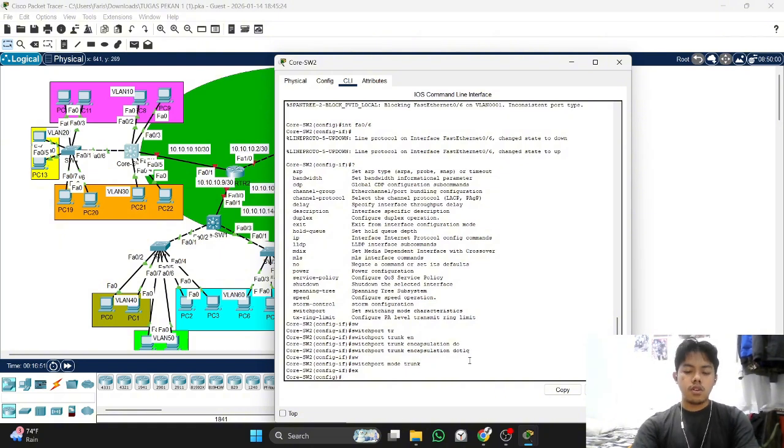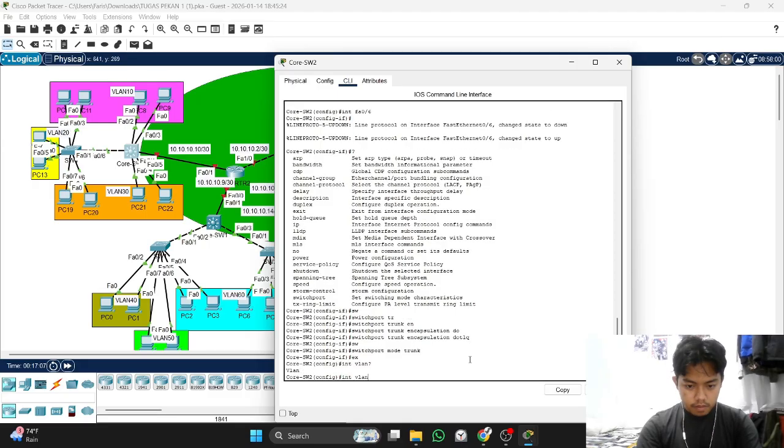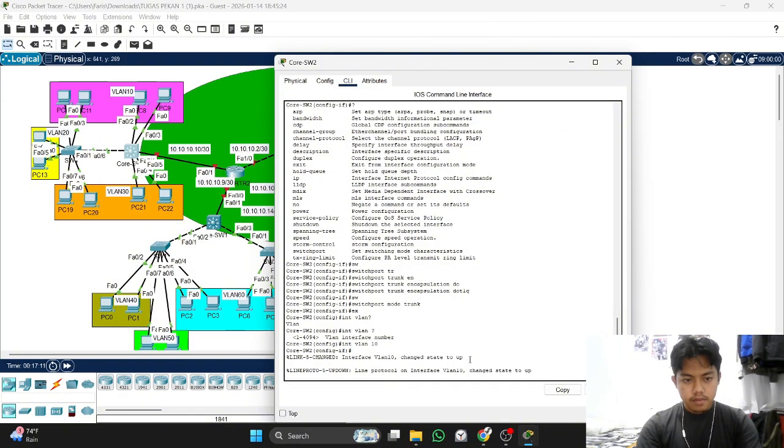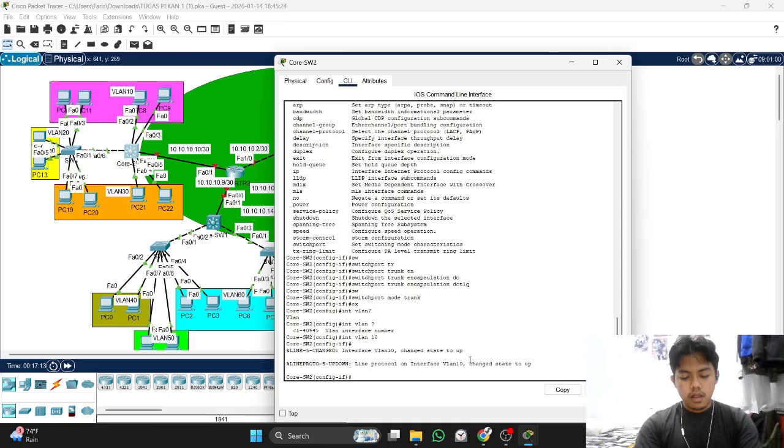So follow the steps. Write interface VLAN 10, and then you write ip address.